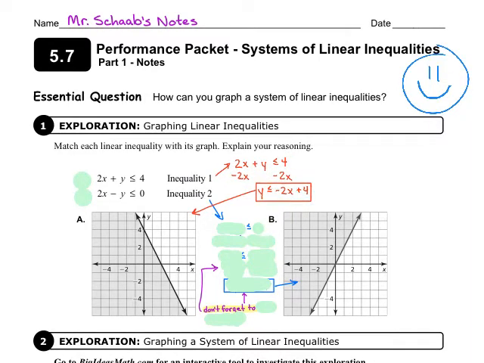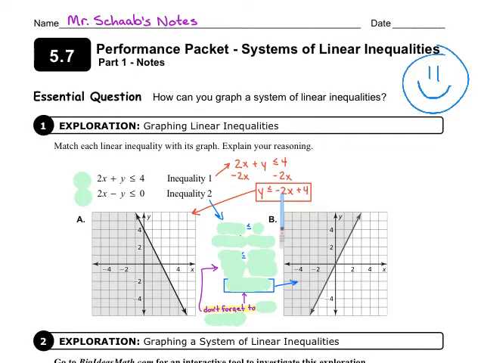Let's just take a look at inequality 1. I did that in red. You can see that we've got to subtract 2x from both sides, and I always like putting that x term first, so I'm going to slide that negative 2x in front of the positive 4. Again, we do not have to change the sign because we're not dividing or multiplying anything by a negative number, but that's something you always got to keep in the back of your mind when you're dealing with inequalities. So we have y equals negative 2x plus 4, and that means our y-intercept is positive 4, and our slope